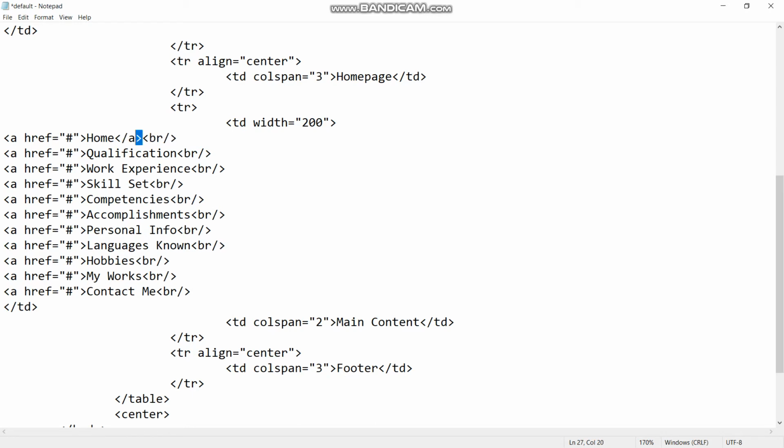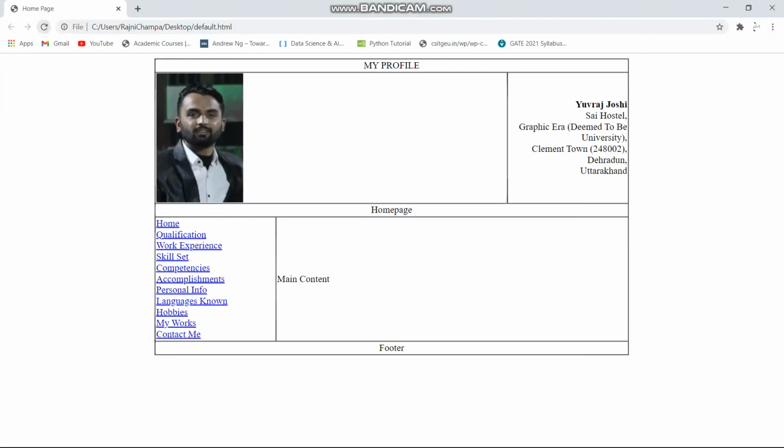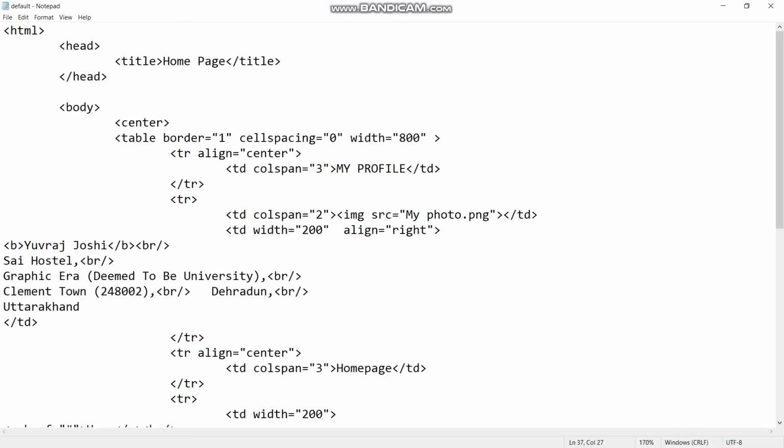I will copy this closing anchor tag and paste it all over. Yes, you can see all of those have turned into the link, but right now it is inactive because I have used hash over there. I will be giving them the path.